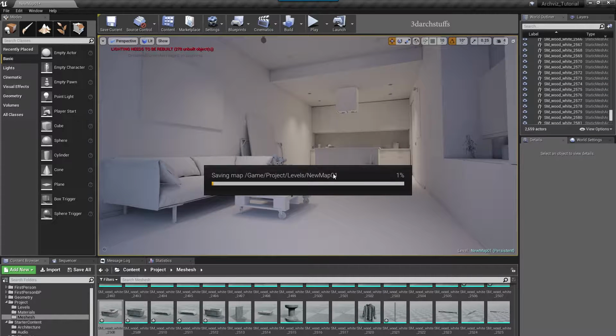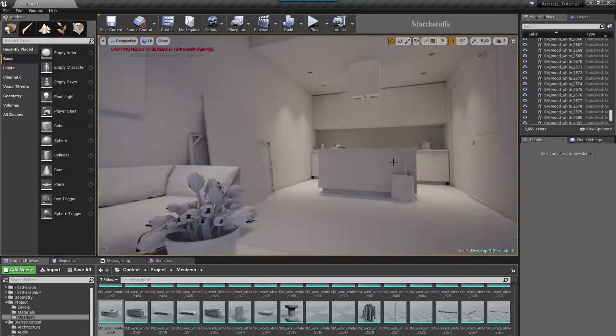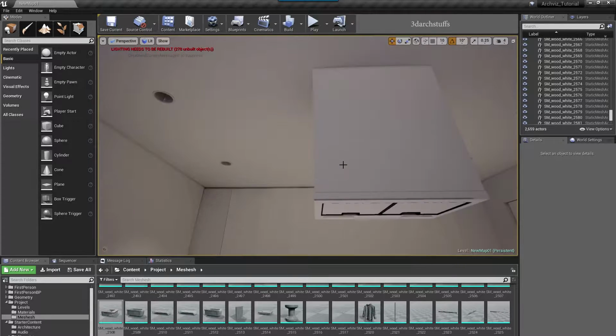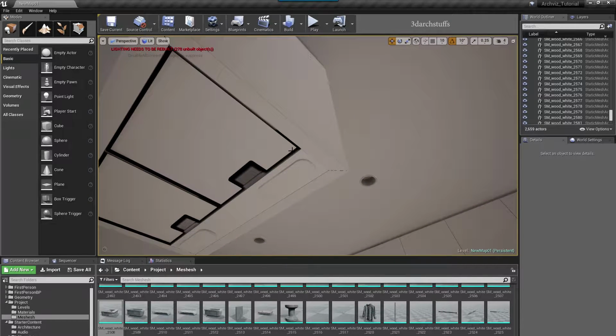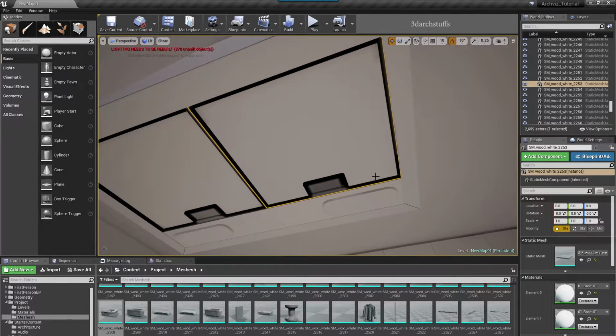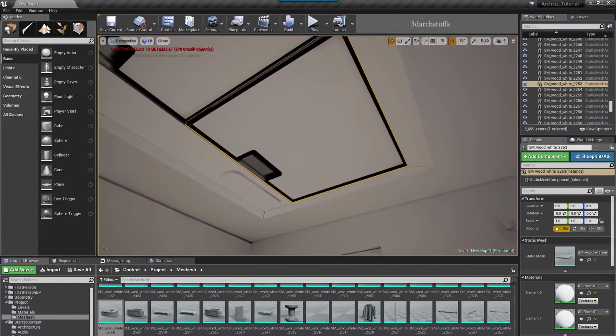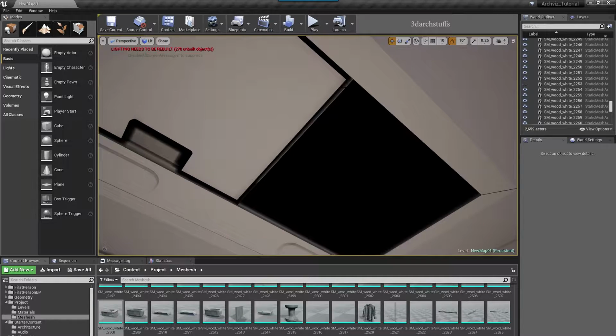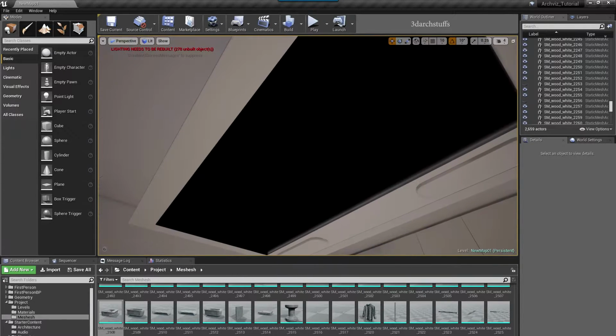And I saved the project, and I think there was some problem here. Let's try to figure out what it is. Okay,